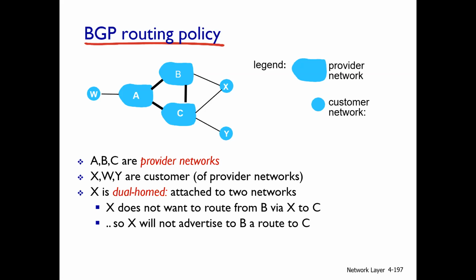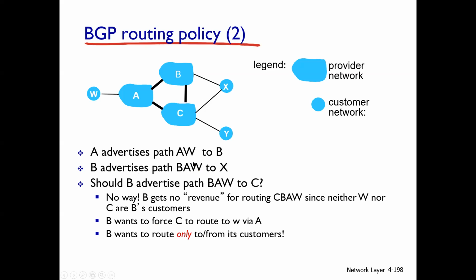So basically, all these routing policies that BGP has are based on these decisions. That you would only want to carry traffic that is your customer's traffic, because ultimately by carrying that traffic you're going to get money out of that, because you're going to get paid for that, okay, but you wouldn't want to carry traffic for which you're not getting paid. That's a general principle, okay. For example,